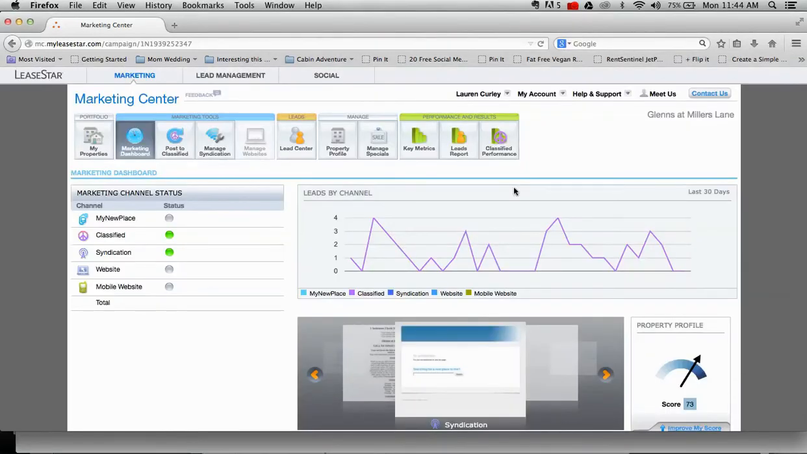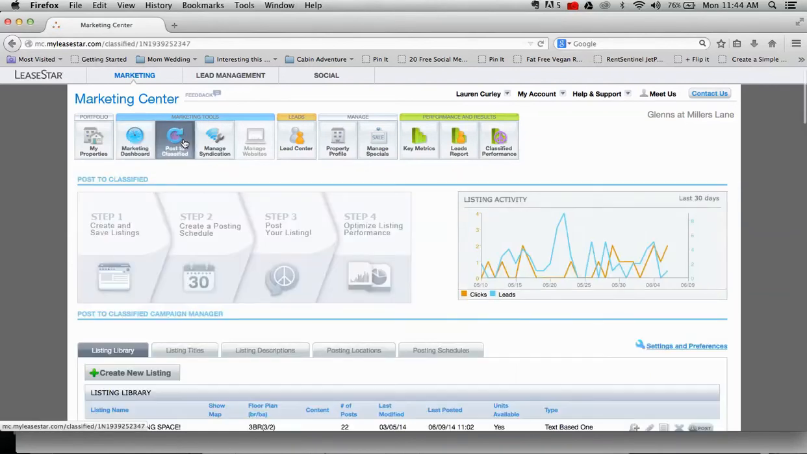So how do you post or create dynamic content on Leastar? Well, first things first, you're going to log into myleastar.com. And you're going to go to your marketing dashboard. I've selected the dashboard for the Glens because they've done an awesome job of creating tons of content for their Craigslist ads. Then you're going to go to Post to Classified, just like you normally would to post an ad